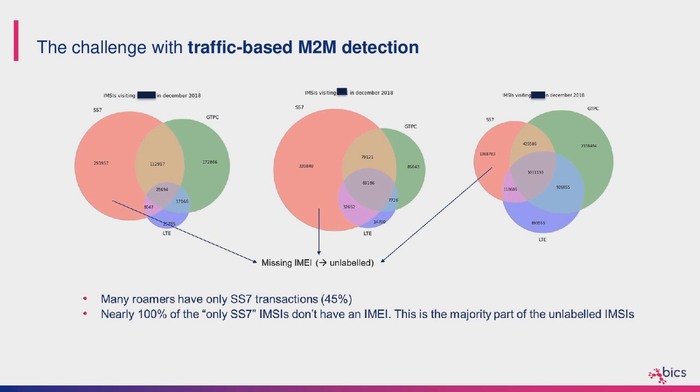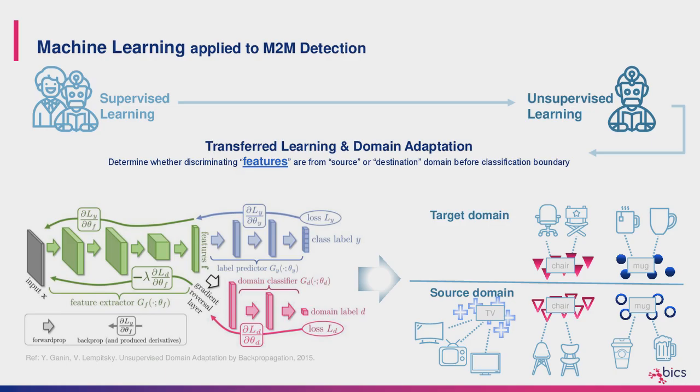Now, once you have these features, okay, so this is the detection of what specific things at a very low level I can use to distinguish behavior. I now need to understand which features belong to the humans and which features belong to the machines. Because here, all we know is that there are distinctive elements in SS7 data that are different from one group to another. We don't know which group they belong to. Okay? So the next step we need is to actually apply these distinctive features to different groups, so humans or machines. Now, this becomes a little bit complex because it depends on what information you have today.